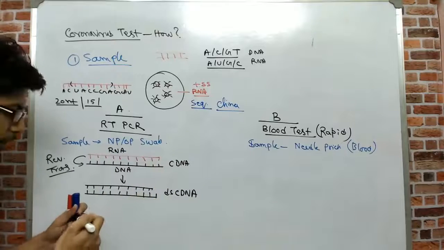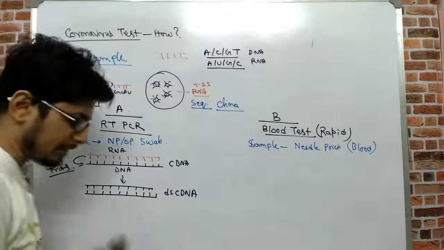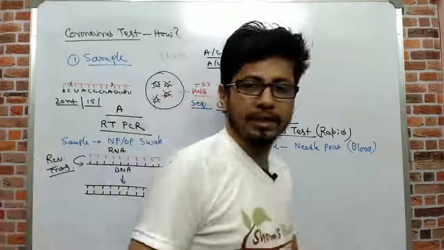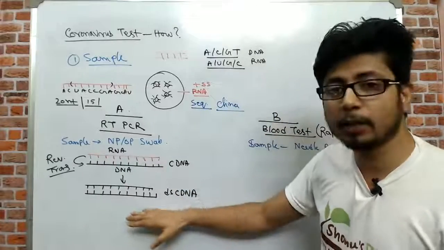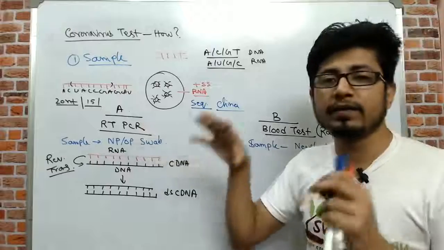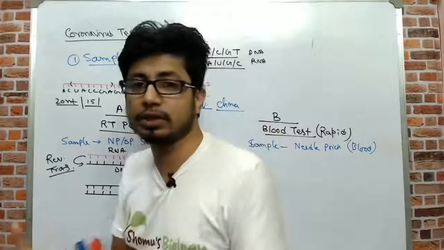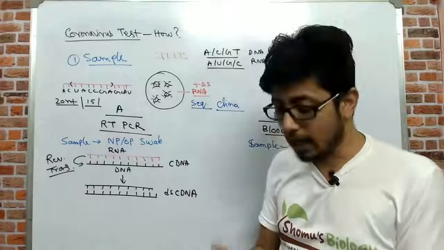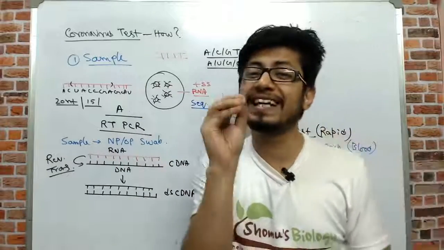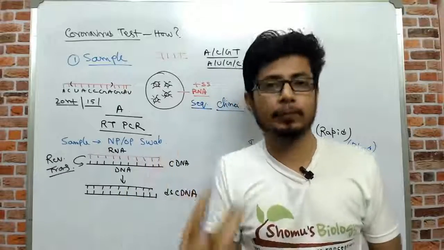Now what we can do, with the help of PCR, is simply amplify this DNA product. We can simply make more and more and more copies of this DNA product. And as we are going to make more copies of this DNA product, this technique will rely on a real-time mode. Real-time mode means we are going to see whether our target DNA is being amplified or not. How? By using a fluorescent dye, a probe which gives us color. Let's say a green colored probe.